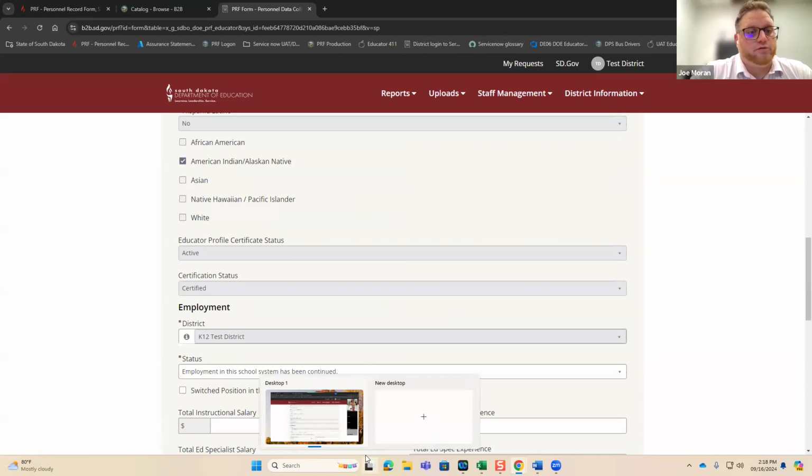Yeah, and as an overall general output here, the top bar that says educator profile certification status is the actual status of the individual educator's certification on the certification side. The certification status is the indicator on the PRF side of that status. There are numerous statuses on the certification side, but on the PRF side, we only report three.